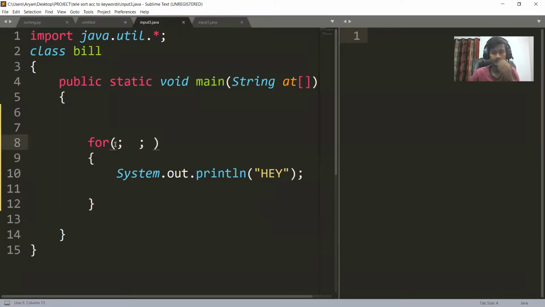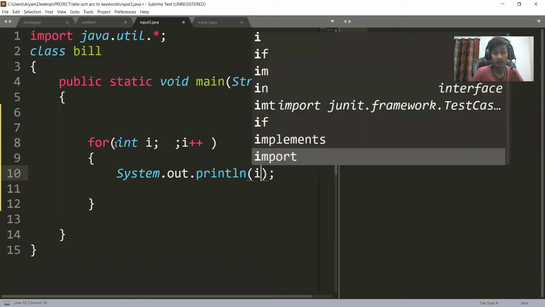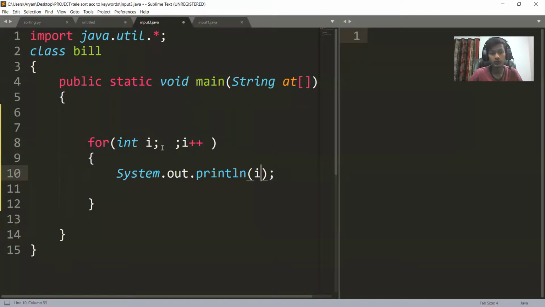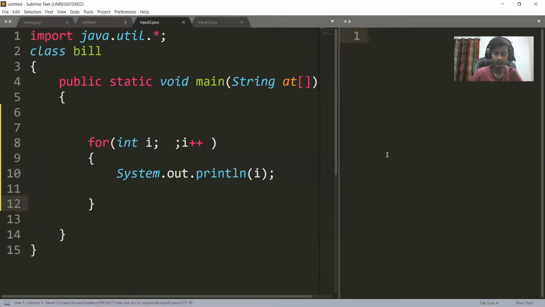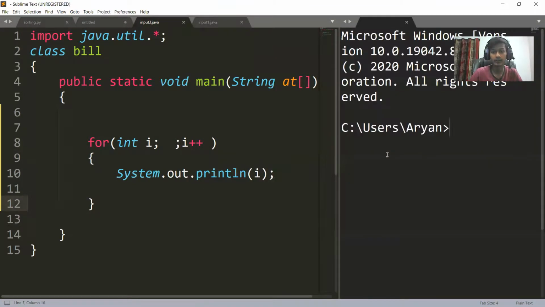If you miss the condition only, like I have int i = 0 and i++, but I missed the condition, what will happen? The default condition is always true. So here it will still run infinite times.